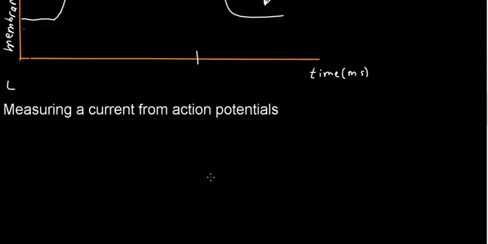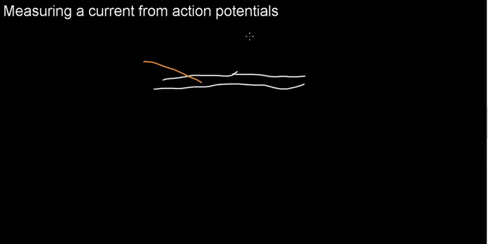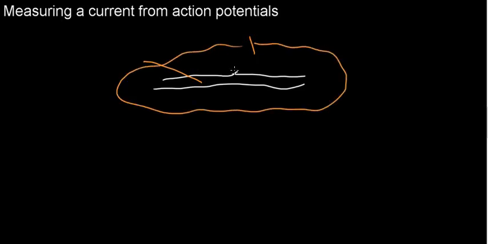We're going to keep on going, and now we're going to review how to measure a current from action potentials. And if you've just joined us, welcome. This is really very important to understanding how an EKG, how an electrocardiogram works. Let's just say that we have the giant squid axon that we were researching in voltage clamp. We inserted an electrode here, and we had an electrode in the outside solution, and this is how we can measure